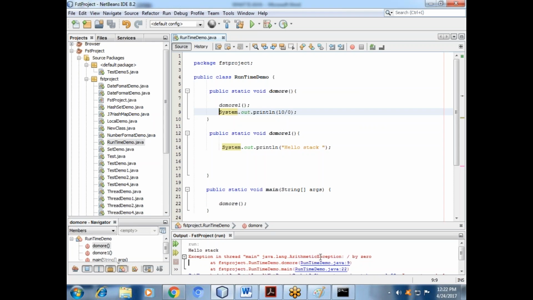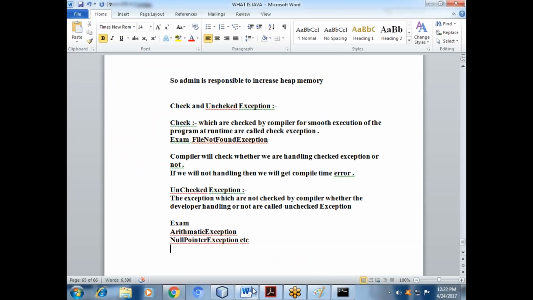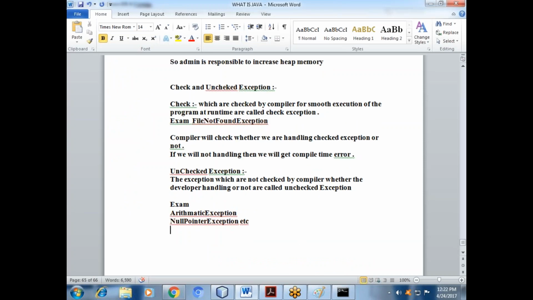Because the interviewer will try to make people hang and confuse them during the interview. So at that stage you can easily say that this is the way we get checked and unchecked exceptions. Got it? Okay. Because the exception part is also most important. People ask how good you are in thread, how good you are at exception, how good in OOPs part, how good in collection. Only these 4 topics are most important for everyone, and the remaining things are based on the project domain.